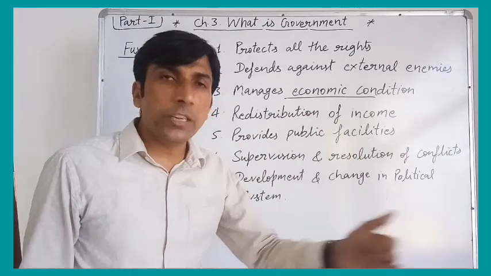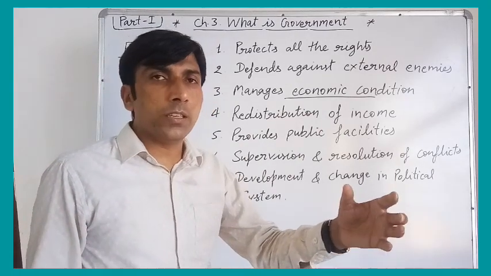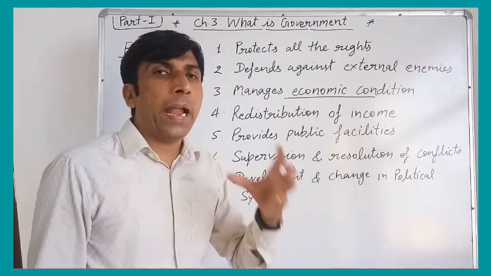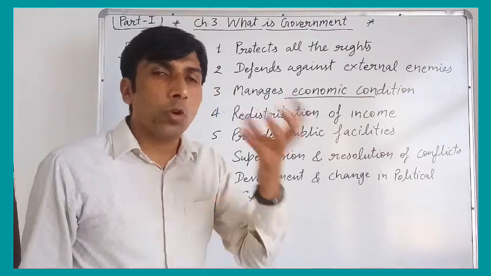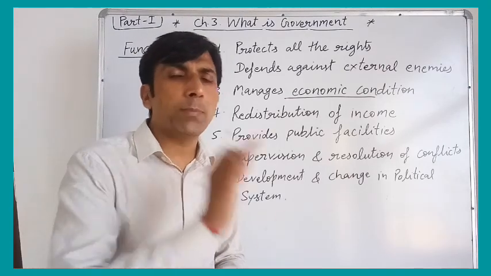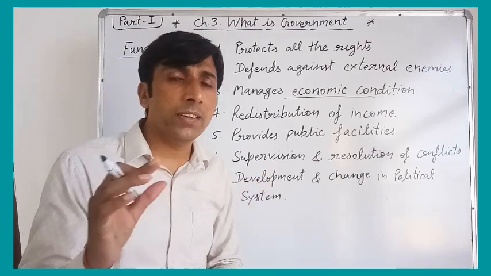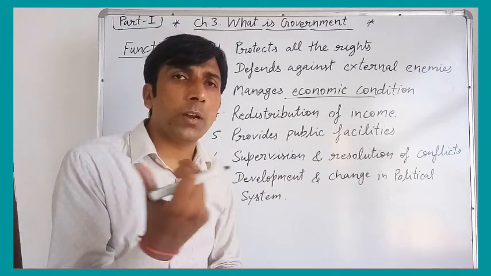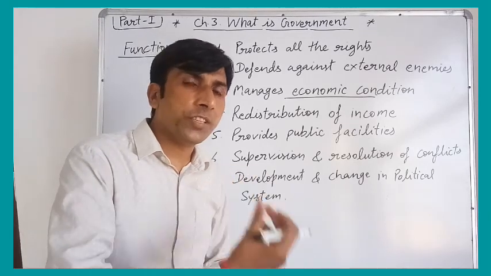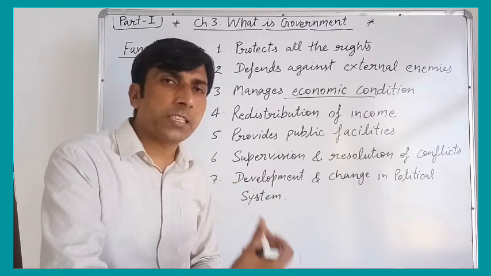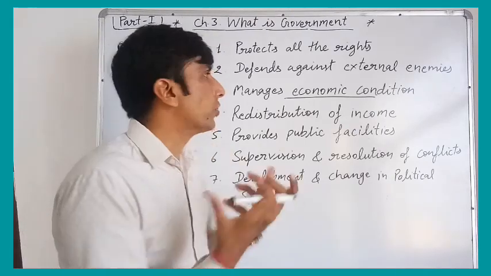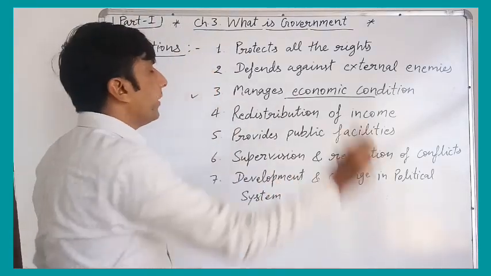If during the corona, the people's work completely stopped, and the income of the government also stopped, but in spite of that, the government continuously helped the poor people, understand? And to hold the economy, several kinds of schemes were launched, and some situations were controlled, and some other steps were taken by the government to control the economic system. So it manages economic condition.